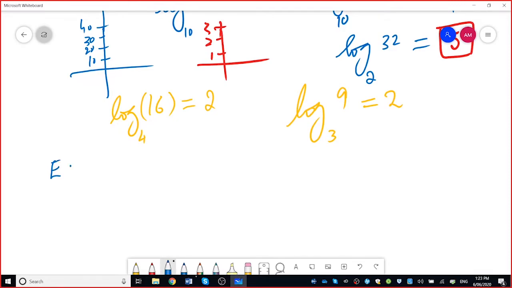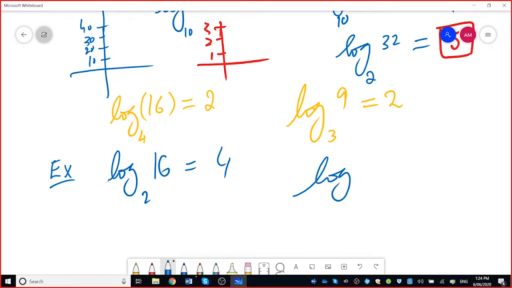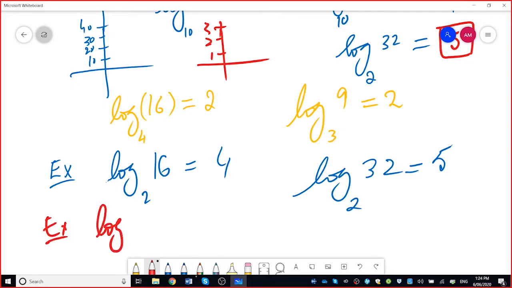Let me ask you a few things before we move quickly. Let's do a few examples. What is log of 16 to the base 2? It's 4. And what is log of 32 to the base 2? 5. Yeah, good. It's 5. Okay. Let me ask you one more. Maybe I take another color. What is log